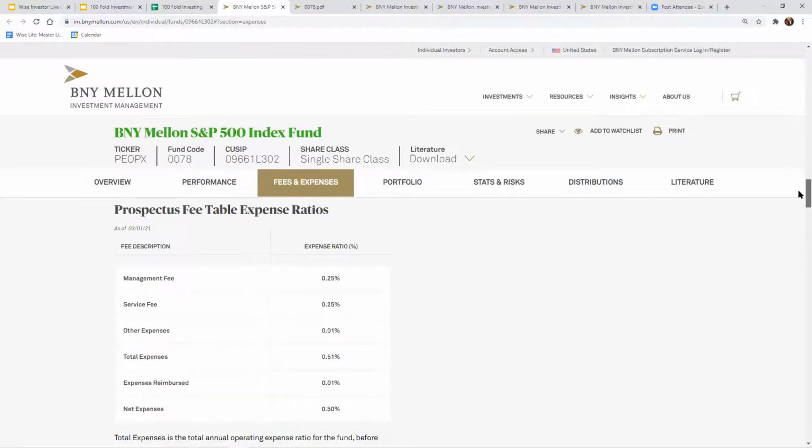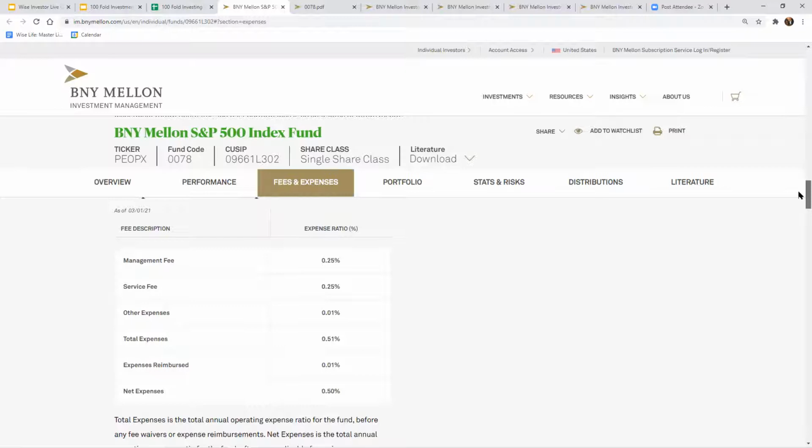So let's get down to a couple of things. One is, now we're talking about the expenses. I'm not going to go into detail about all of these, but basically functionally, the management expenses, the cost of actually doing the business, you've got service fee, other, and then you have your grand total here of 0.51, and then some of this getting reimbursed. So your net expenses is what we pay attention to at 0.50.